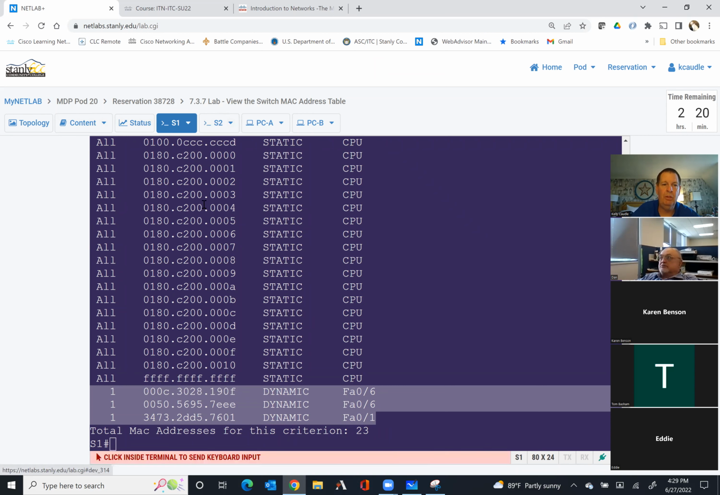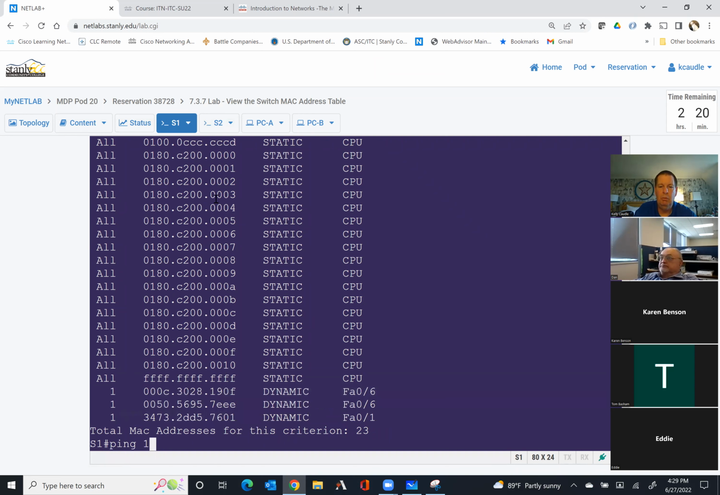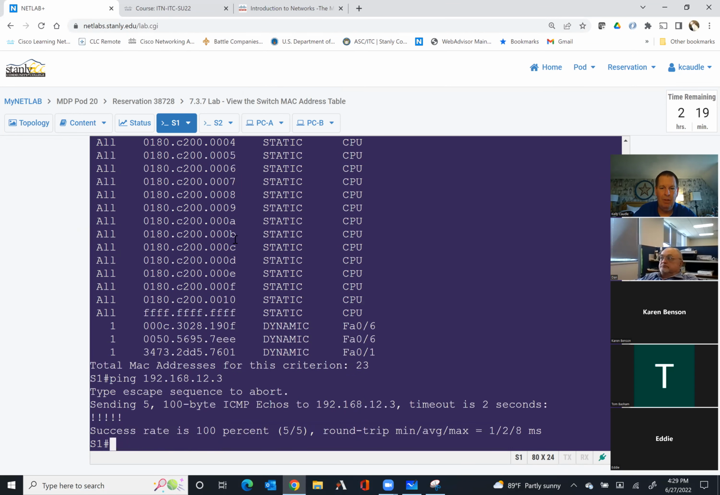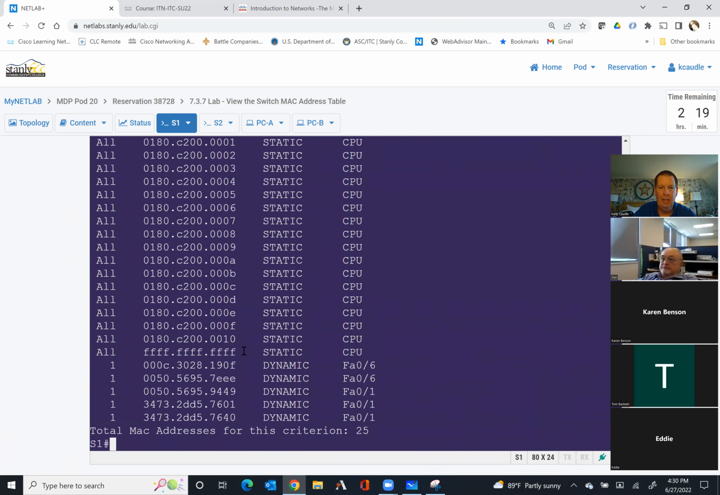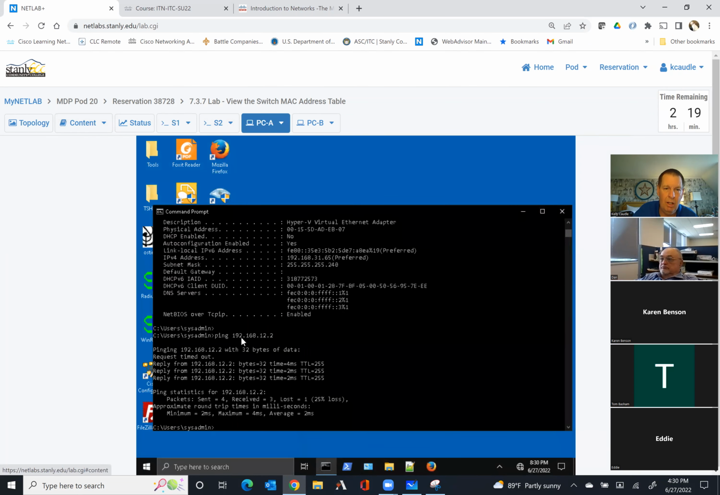Now, let me show you this. Let's ping switch 2, 192.168.12.3. Right now, you'll notice if I do a show MAC address table, we don't get anything. We get added into the MAC address table a dynamic address for switch 2, but we also get the port that's associated with the other control switch port. So when you're looking inside of here, you're going to see a couple extra addresses that you won't see in the real world. But you can still see PCA, which is off of switch 1 with this MAC address